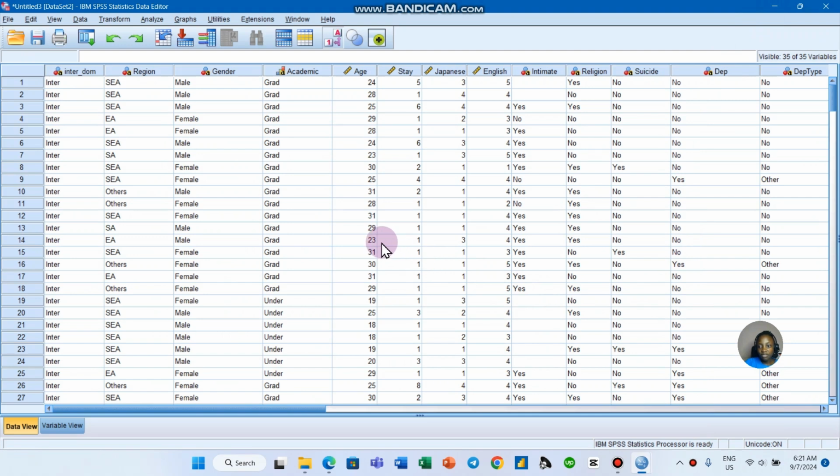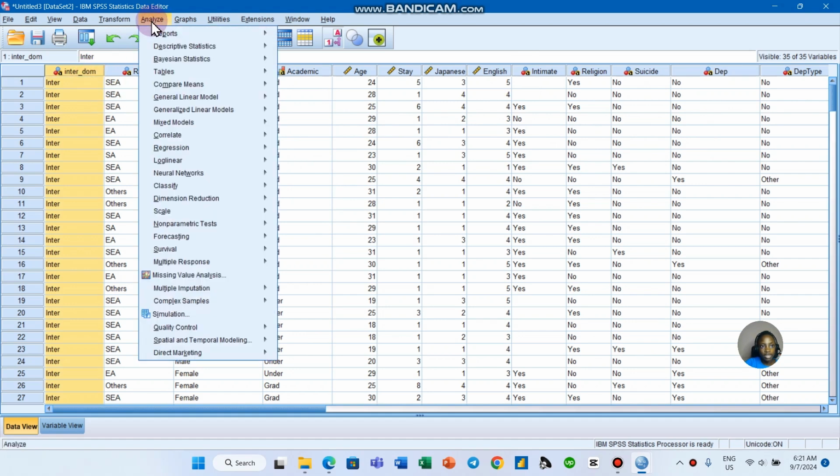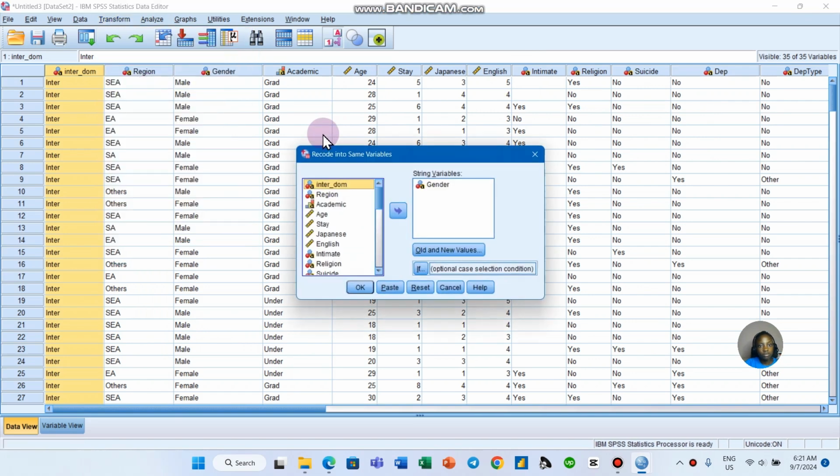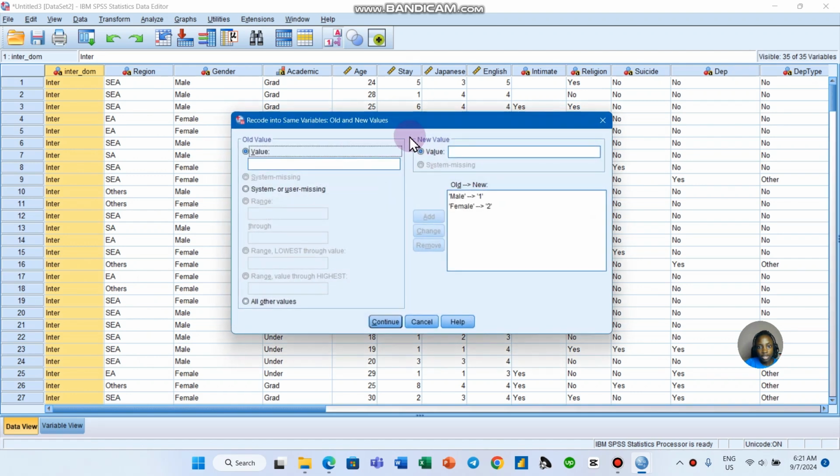So how many other variables do we need to define now? That is pertaining to our categorical variables. We are very, very okay with the numerical variables. There's no issue with those ones. So interdome, I also want to define this one. So we are just going to go to transform, then recode into same variable. Then we bring in the interdome and then old and new value. Then say inter